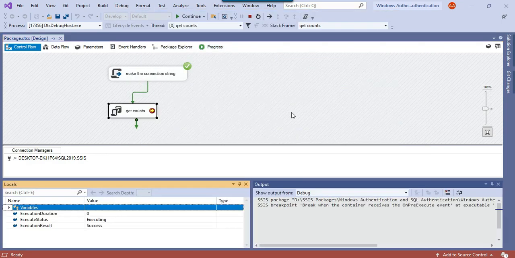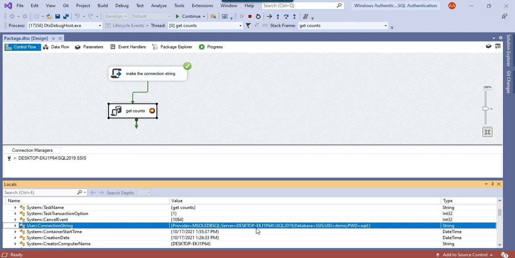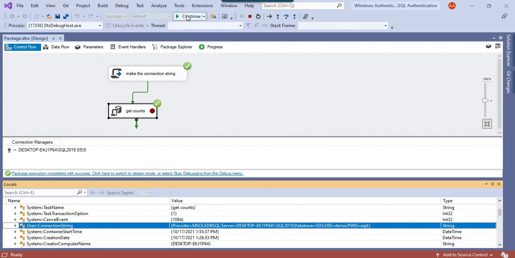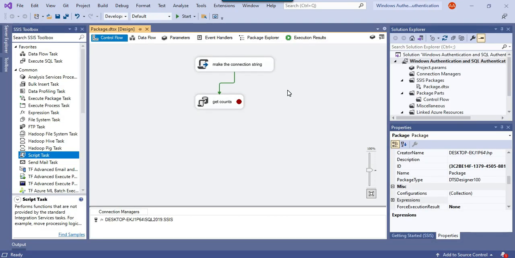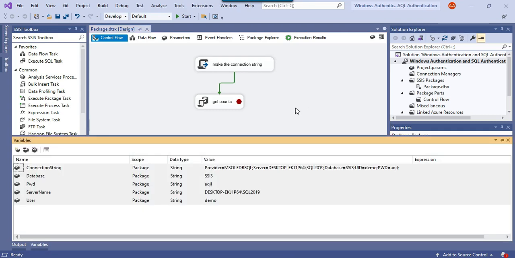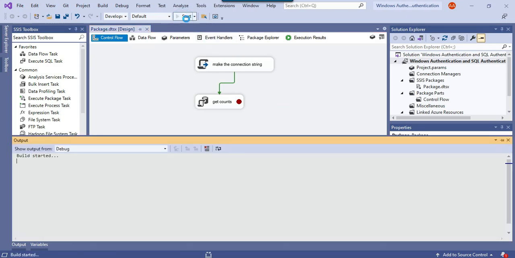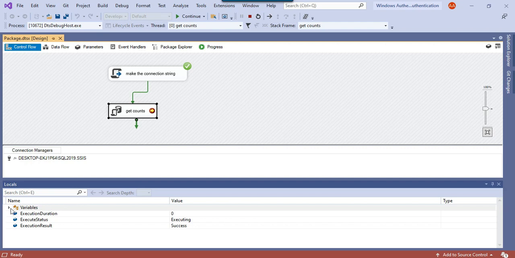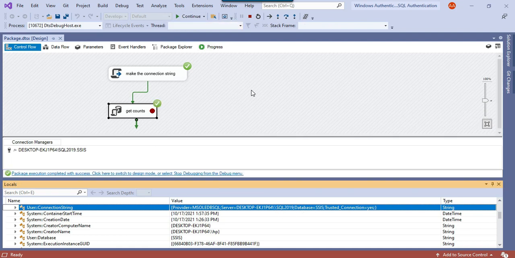In the locals, you can close this one from the output. From the connection string you can see that it's a SQL authentication connection, and now the connection is successful. So there were some spaces in the connection string that it did not like. Now, if I don't provide the value for the password or username, then it should use Windows authentication. So let me remove the password from the password SSIS variable and rerun the SSIS package. If you expand the variables under connection string, you will see that now it is using the trusted connection, meaning Windows authentication connection. So this connection is successful as well.